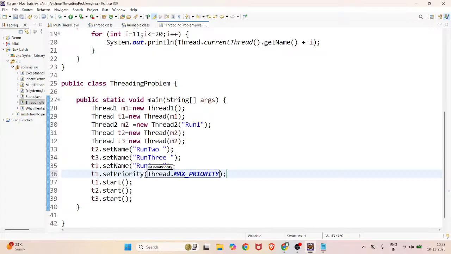Like the way, suppose I have to set, you can give a value also, but the value always lies between 0 to 10. If you give beyond that, it will throw an exception, illegal argument exception, right? Suppose I give the maximum priority, first execution of this thread only, then this t2 and the t3 will execute. If you observe, if I run this,